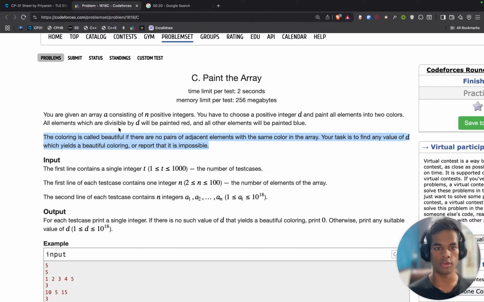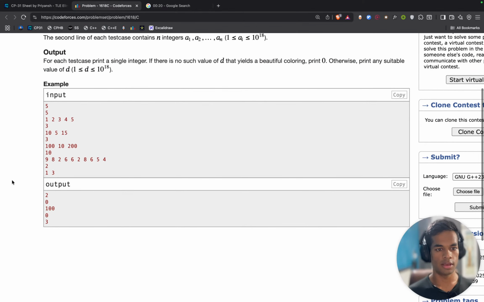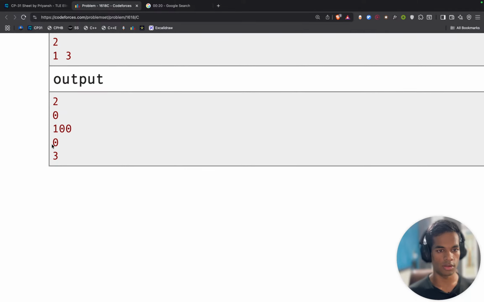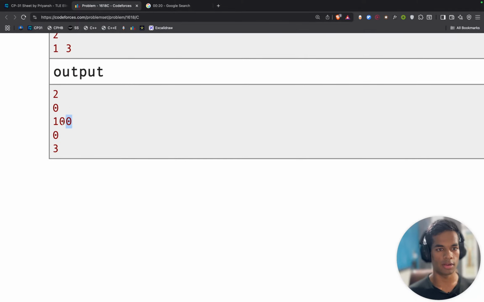And I was using the standard GCD function to find the GCD of alternative elements, and at the end it would give me two GCDs, and it is given that it might not be possible in some cases, in which I have to output 0, but when it is, I have to output that number.